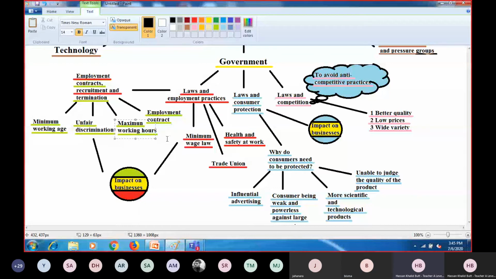Because employees can be exploited. Sometimes you are in a country where there is huge unemployment, and workers are bound to work because there is no other option available for employment. So generally, the contract is for 8 hours in a day. But after 8 hours, the boss can ask you to stay there for one more hour. Now, it's not a compulsion, but the employee knows that maybe the boss can fire them later. But if there is a law regarding maximum working hours, then without the consent of the employee, you cannot ask the worker to work for more than 8 working hours, because generally the working hours are 8.